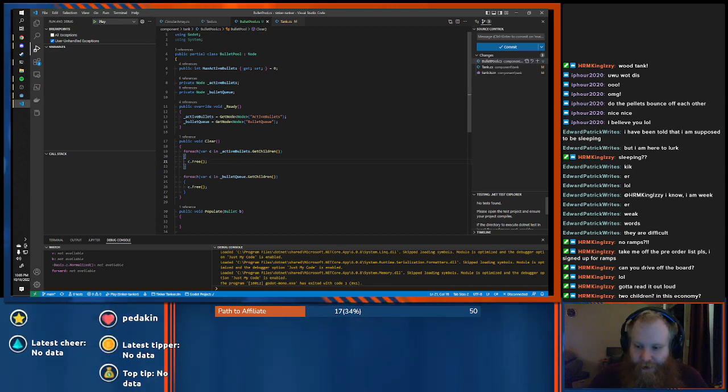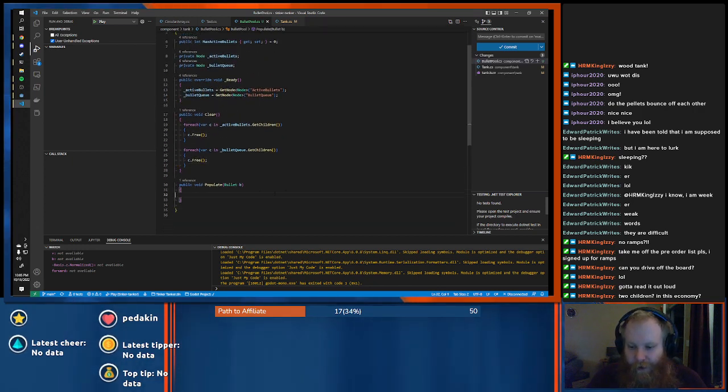You can modify the items in the list, but you can't modify the list itself as you're going over it. And since I'm basically deleting things here, I thought I was doing that, but Godot must handle it in a way where the object is removed, but the list itself remains unchanged. So that was actually really easy. I was afraid it was going to work in a different way that would have made that really hard. So clearing works. Now let's see if we can populate.